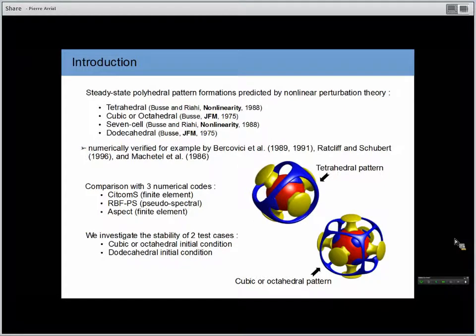Some of these structures have been numerically verified by several authors during the following decades, in particular the tetrahedral and cubic patterns. You can see on this slide two examples